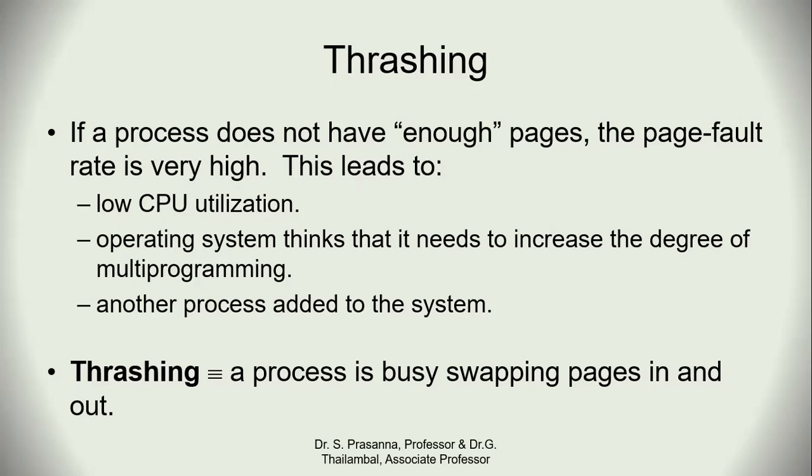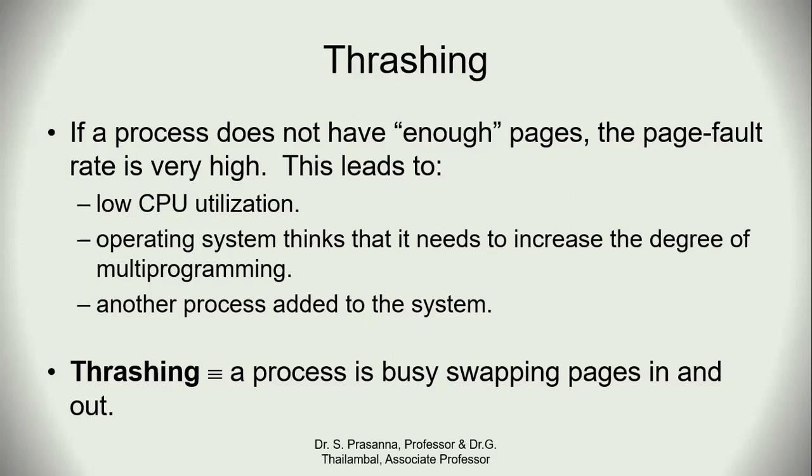If a process does not have enough pages, the page fault rate is very high. This leads to low CPU utilization. When page faults happen, you get low CPU utilization, and the operating system thinks it needs to increase the degree of multi-programming. What is the degree of multi-programming? It is when more than one program is executed at the same time. Suppose the operating system is working on 6 programs at the same time,